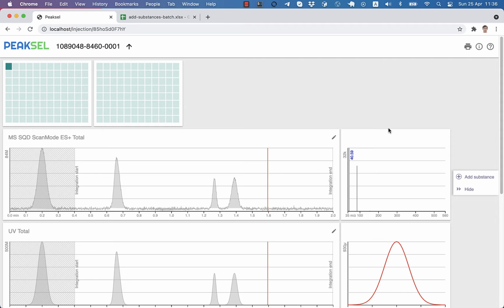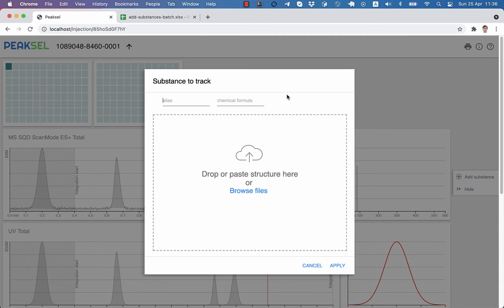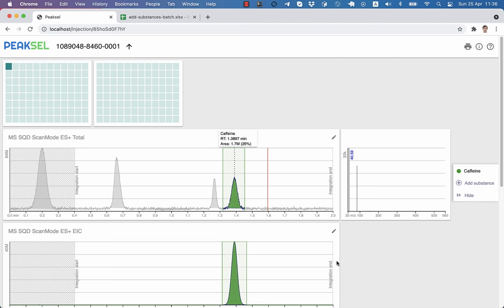For this, we can use different chemical formats like molecular formula, SMILES string, SD, MOL files, and even INCHI. Let's start with molecular formula. In order to add a substance, we click on the plus button, and in the dialog we can enter molecular formula itself and an alias for the molecule. Once we apply the changes, our EIC chromatogram is automatically created, peaks are detected, and additionally, they are selected on